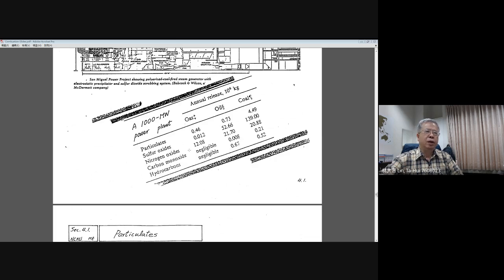But for nitrogen oxide, you still have a fairly big value from the emissions, and this is mainly caused by thermal NOx, influenced by the high temperature. And you can see oil has the largest emission of NOx compared with coal. The NOx that comes from burning coal is basically caused by